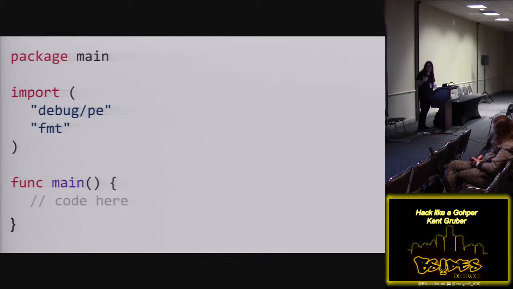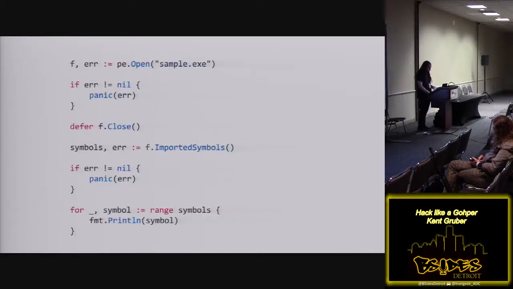This is the debug/PE package. And this one allows me to do debugging, a static analysis of PE executables. And this is basically Windows portable executables. So if I were to use that API, I keep saying that Go provides simple APIs. If I were to use this one, I would open up my